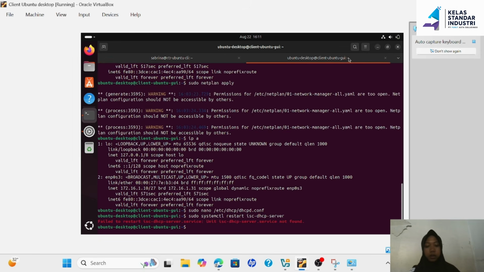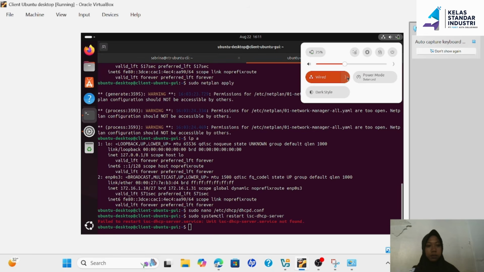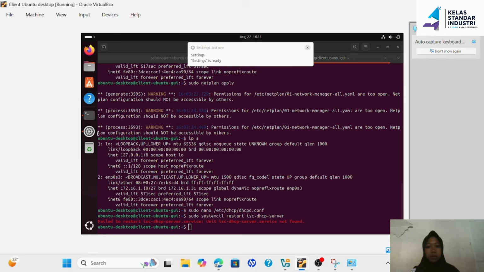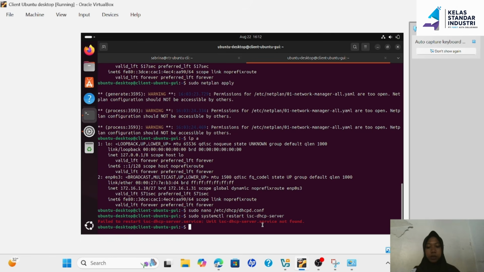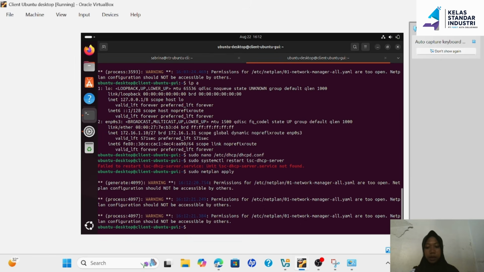On the client, we go to wired settings. Then disable the connection and enable it again. Okay, after that, type sudo netplan apply. And then type ip a.